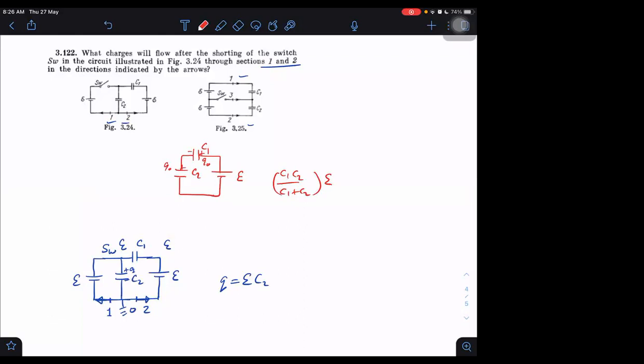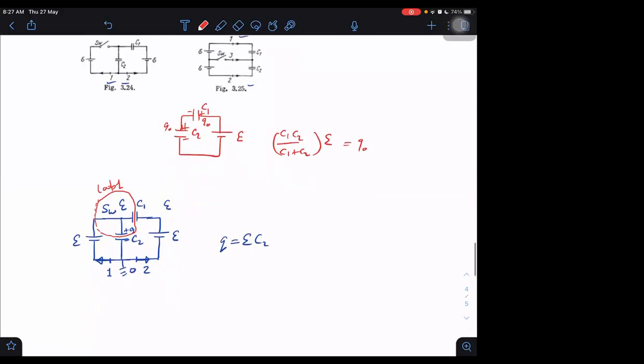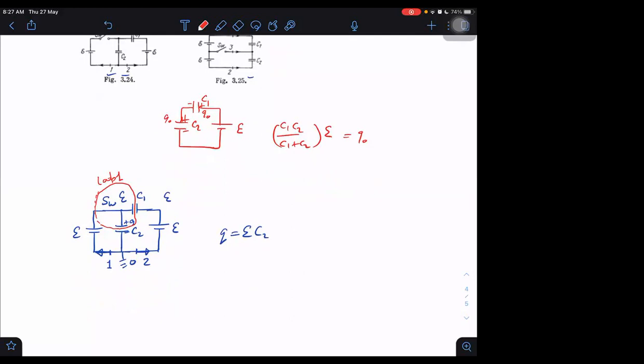Plus minus, plus minus. So initially it is Q naught and finally becoming Q. Now I want to find out the charge flown through one branch. I can make a loop in such a way that it passes through no other branch but one branch. This is the loop. Let us call this loop 1, which passes through branch number 1. So what charge can flow through loop number 1?